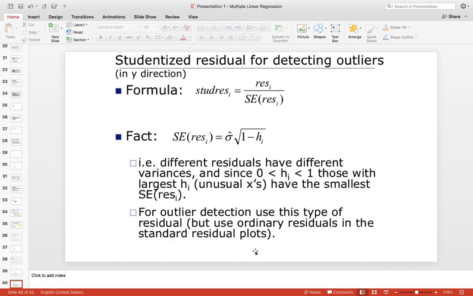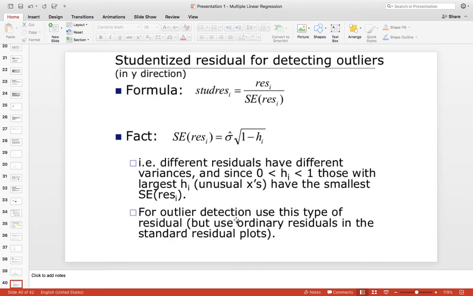So just to refresh our knowledge of the studentized residual, how do we use the studentized residual itself for detecting outliers? And this is done for Y detection, that is dependent variable detection. All the methods we discussed here hitherto relate to the independent variables.